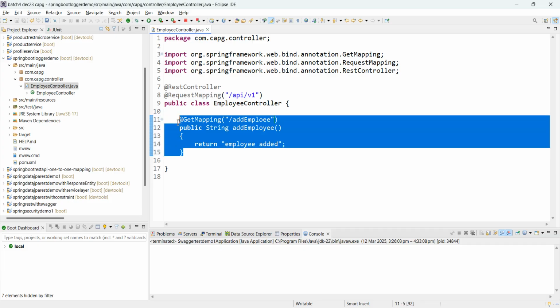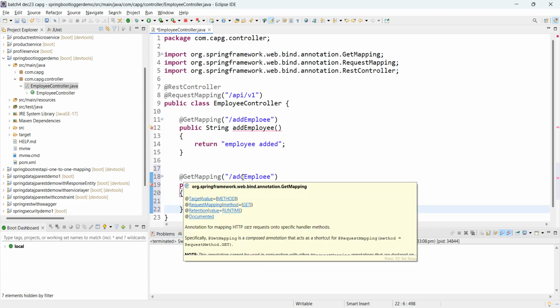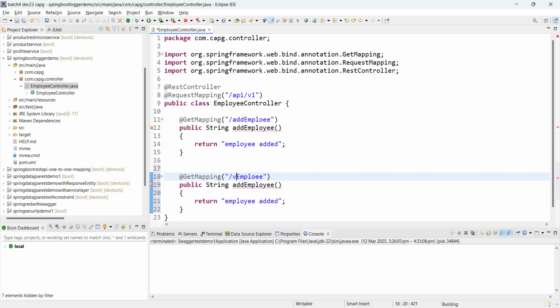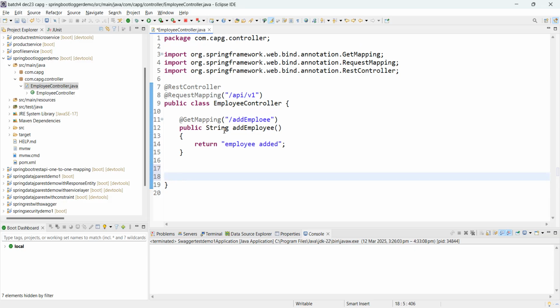You people can use it differently, but this does not make sense. I'm just making it a get only. Let me make it simple, no need to have a lot of things.